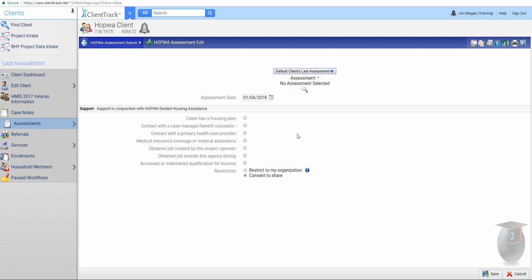But the client does have an enrollment that spans within that time. So they entered before the reporting period started, but they're still enrolled. So they would still show up on the HOPWA APR. However, these particular questions are not going to populate unless they have a HOPWA assessment that's done within that reporting